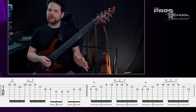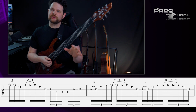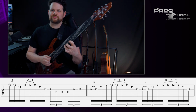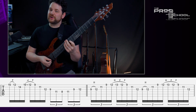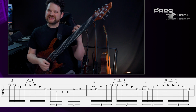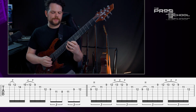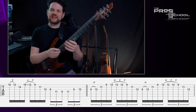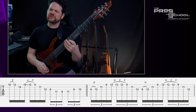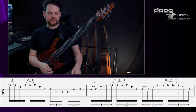Exact same shape, up 3 frets. Now this is a really cool shape and fun to play. It's a little bit weird to get it first, but it kind of rolls off the fingers nicely once you have it. Combination of sweeping and some legato. And from here, we're going to move into this next section where we have some actual harmony happening. And we use that same diminished lick from the beginning to get into the next section. I think that this lick here, I believe it plays 15 times if I remember correctly, and then it moves